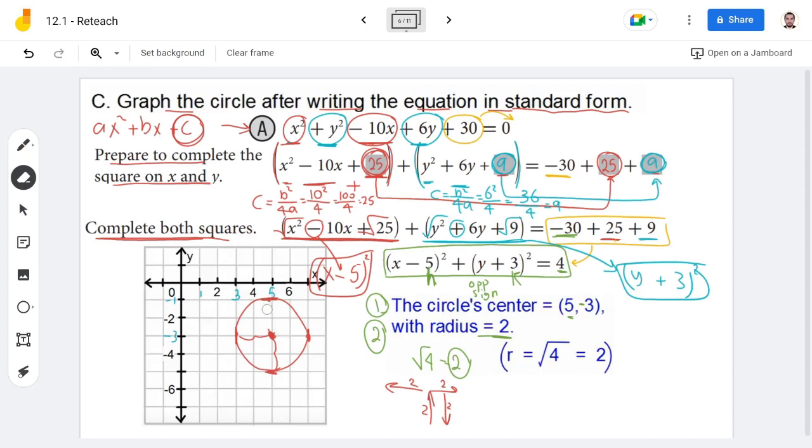Okay. So as you can see here now, what's the radius of this circle? The radius of the circle is 2, and the center is, sorry, 5 and negative 3. So this is how you can graph or draw the circle. Now let's